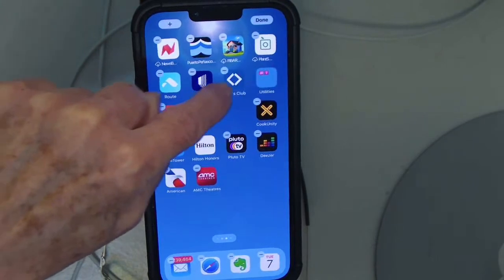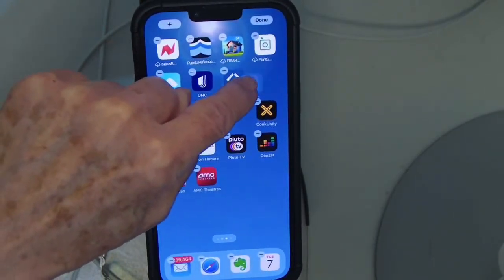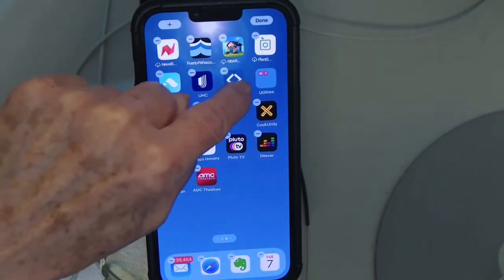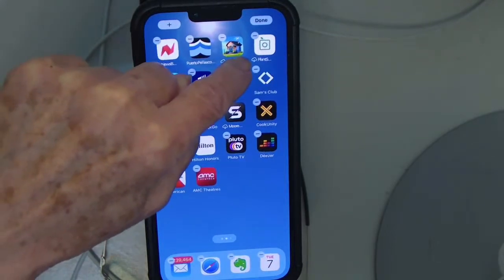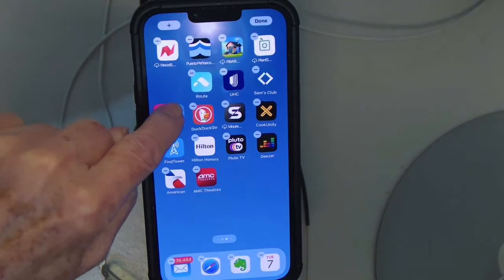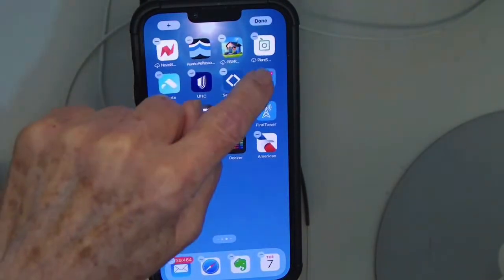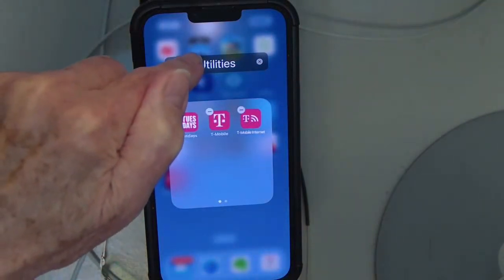Then I'm going to drag this T-Mobile app on top of the folder. Sometimes it tries to get away from you, but we're going to persist here. Okay, come on. Let's try to go around a different way here. There we go. So now when I tap on the folder, you can see they're all in there, and it's